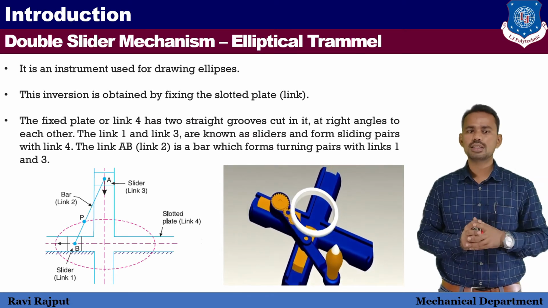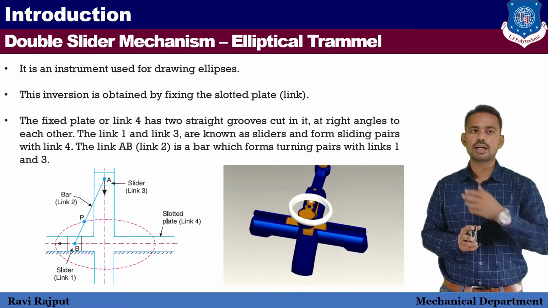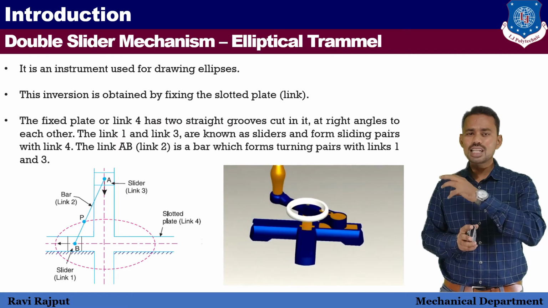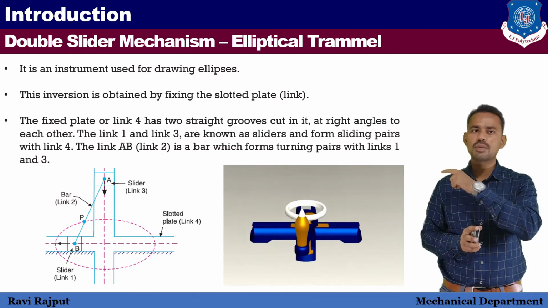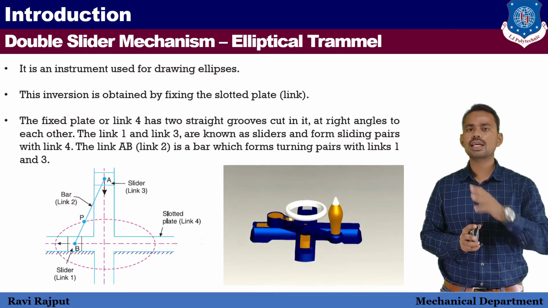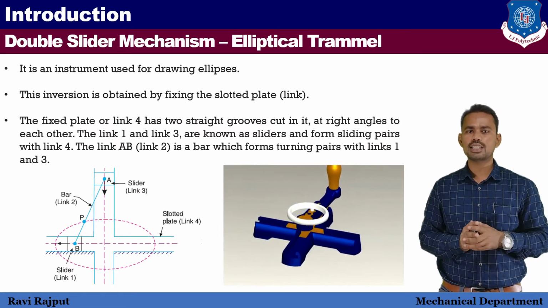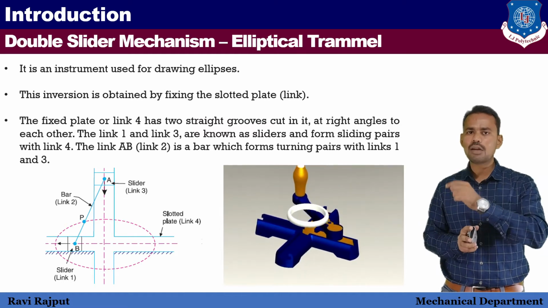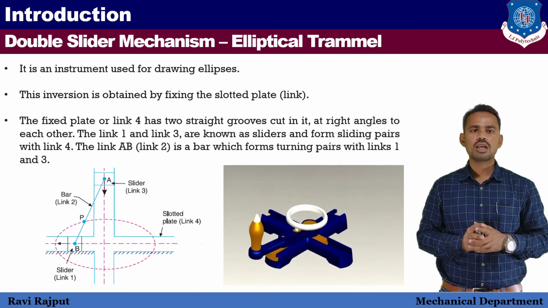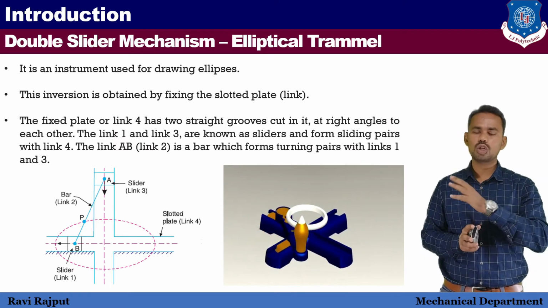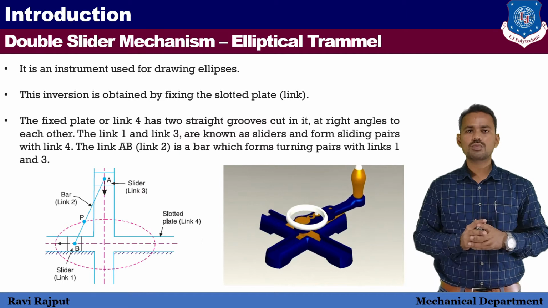Link 1 and link 3, which are known as sliders, form a sliding pair with the slotted plate, sliding inside these grooves. The link AB is the connection between these two links. These 2 sliders are connected with the link called AB, shown here as a bar. This bar forms a turning pair with both the sliders, and both the sliders form sliding pairs with the slotted grooves. So there are 2 sliding pairs and 2 turning pairs. So let's move to the next